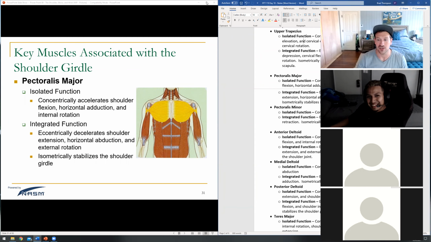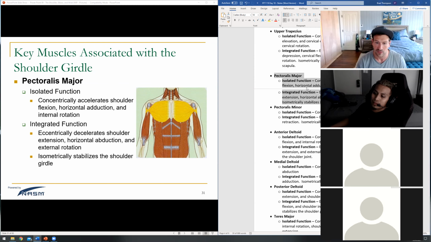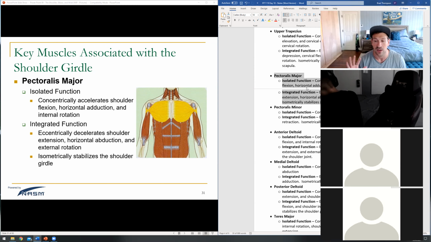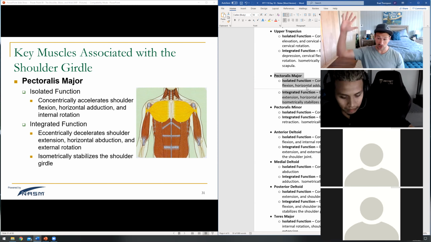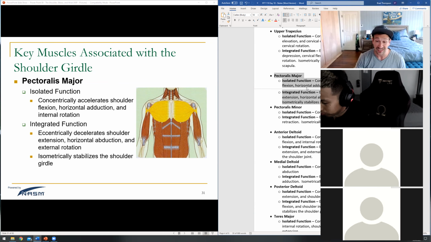So that's your pec major. Now, I actually think the pec major is pretty simple to understand. And it's honestly not often one of our big bad guys. Again, it does do a little bit of internal rotation. That's not great. We have way too much internal rotation. We need less of it. So a lot of times, yes, we do want to stretch our pec for sure. But honestly, the real evil